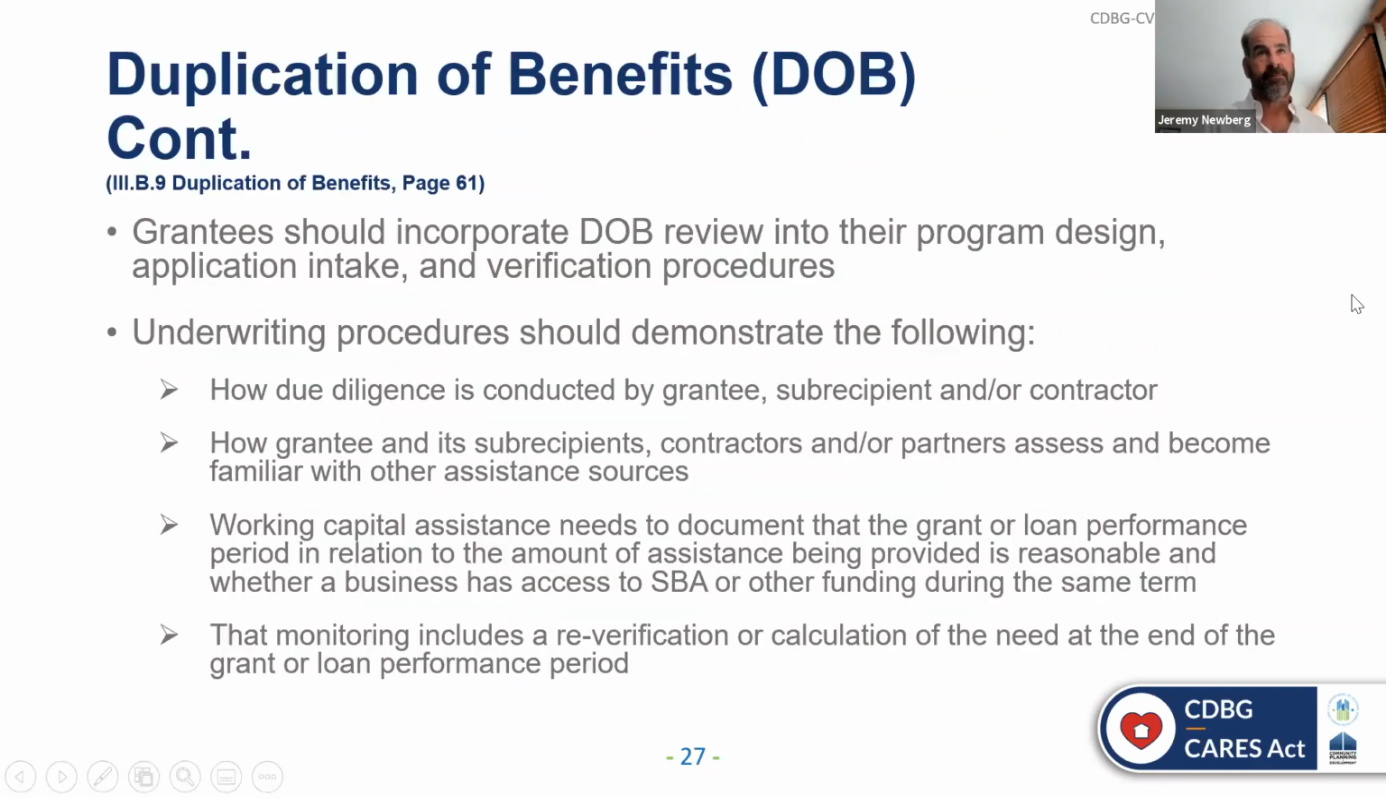Grantees should incorporate DOB review into their program design, application intake, and verification procedures. Ask many times, are there any other potentially duplicating sources? What you're really trying to do is identify and then analyze and hopefully eliminate. But if you do find a duplicating benefit, then you need to subtract it from your CDBG-CV award. Underwriting procedures should demonstrate the following: how due diligence is conducted by the grantee, subrecipient, and/or contractor for program management, how the grantee and its subrecipient contractors and/or partners assess and become familiar